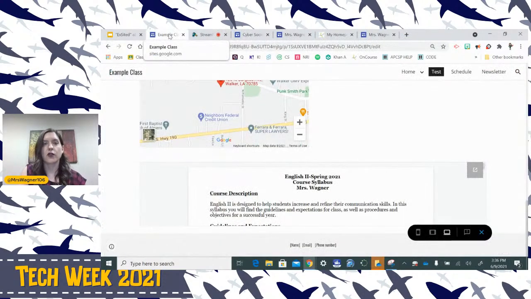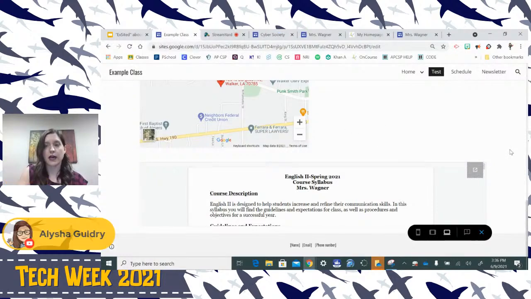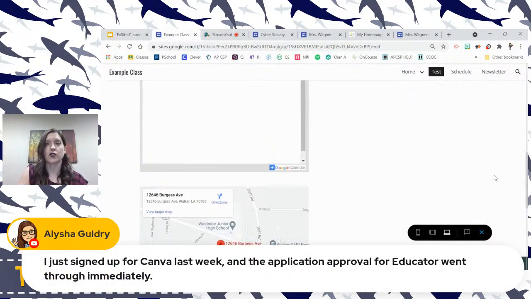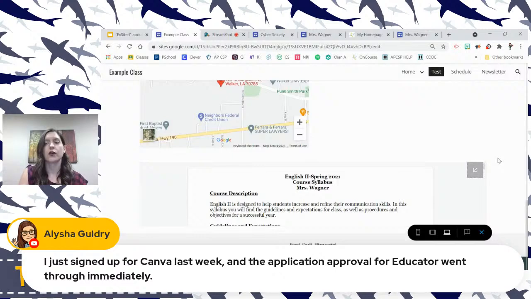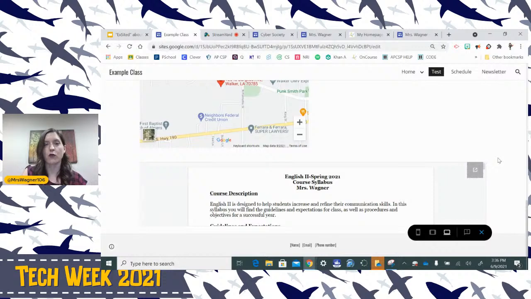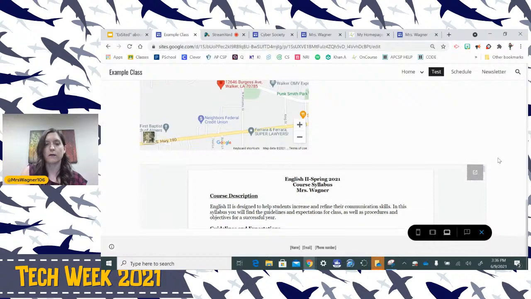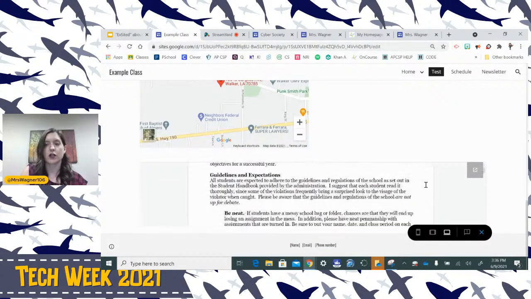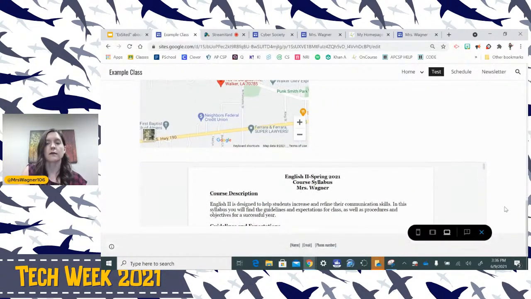Now, as I've learned, you will have to teach your students how to do that if they haven't had a teacher who frequently used Google Docs in the past, which at this point, a lot of teachers are becoming more familiar with ways to share and pass out information with Google. So hopefully next year, there will be a lot less teaching the students how to use and access their resources in Google Classroom.